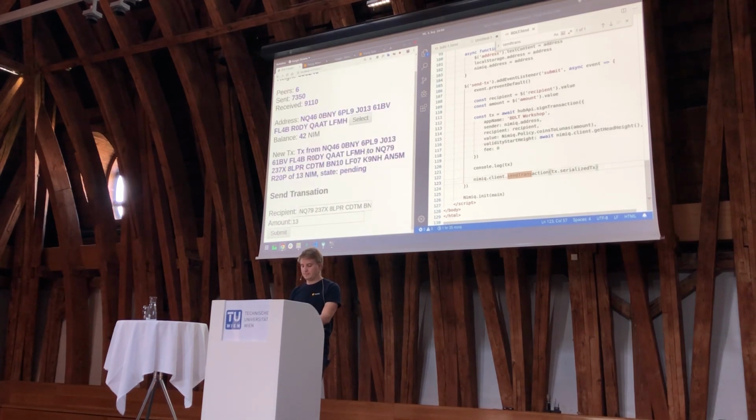Sign. And there we go. Actually, the listener updated already. Here we see now the transaction which is outgoing from our LFMH account to the other account that I entered here as a recipient, 13, and it's already been mined. If I go over to my safe,